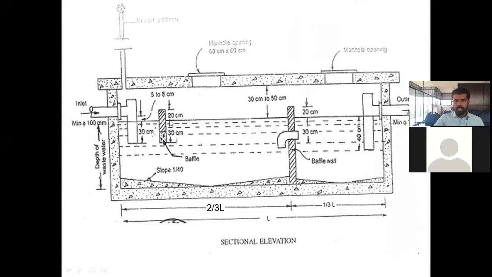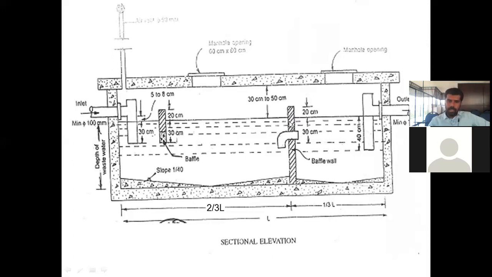About this level, there will be a 20 centimeter height also. Then from there, this is the freeboard, 30 to 50 centimeters. So this is called the freeboard. This is the gap. There should be a gap, because air and some fumes will settle here. So you should have a freeboard. That is mandatory. This is the top level. Water level is this one. This is the space. From the bottom of the slab till the top of the water, you should have a space.